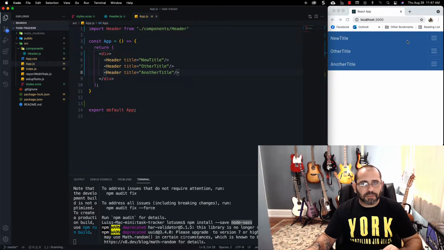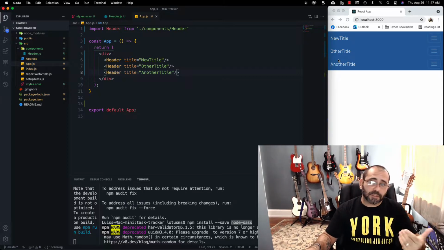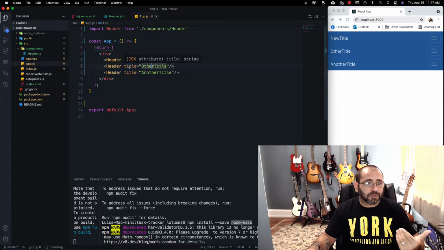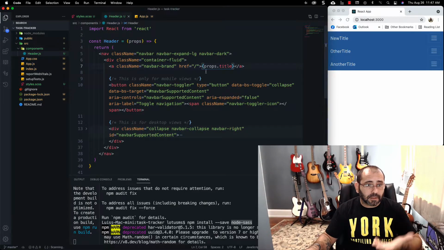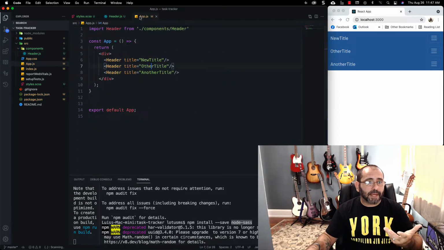So once I do this, look at this, I have 3 separate navbars, and each one has a different title, because I am able to create a reusable component with a prop of title, a prop that I adjust over here